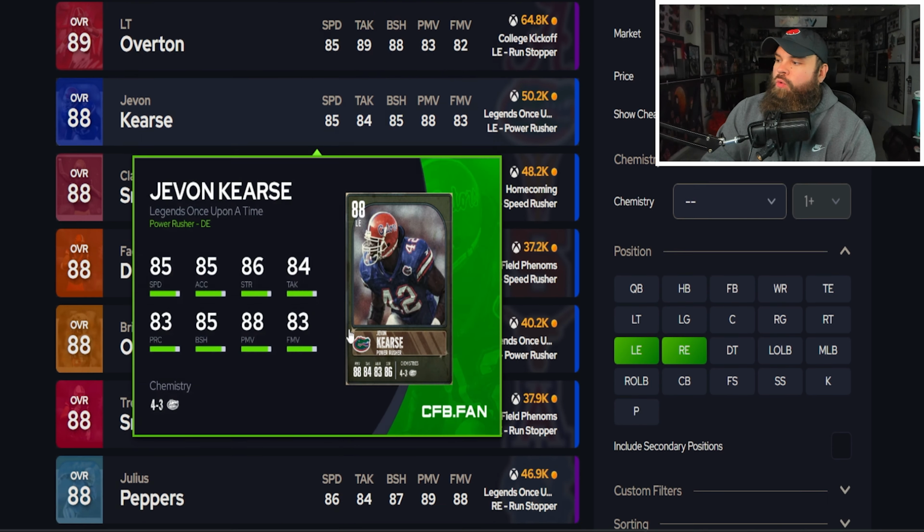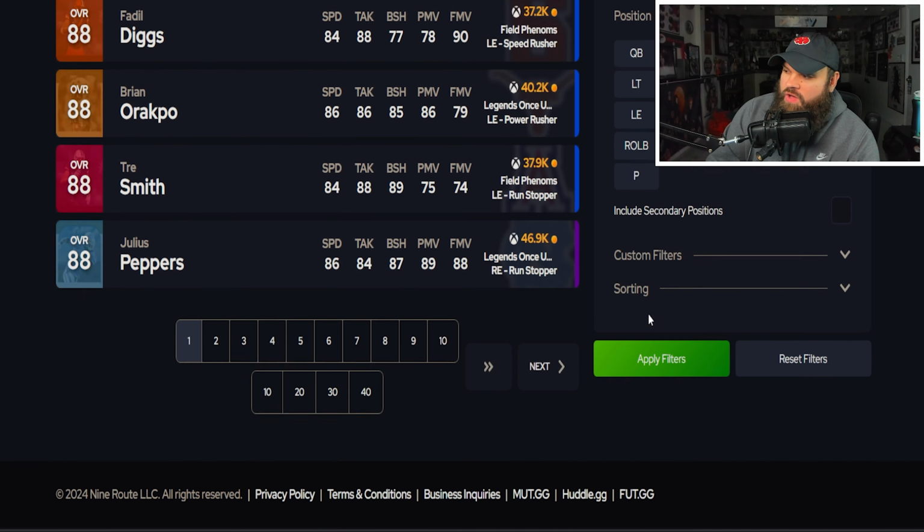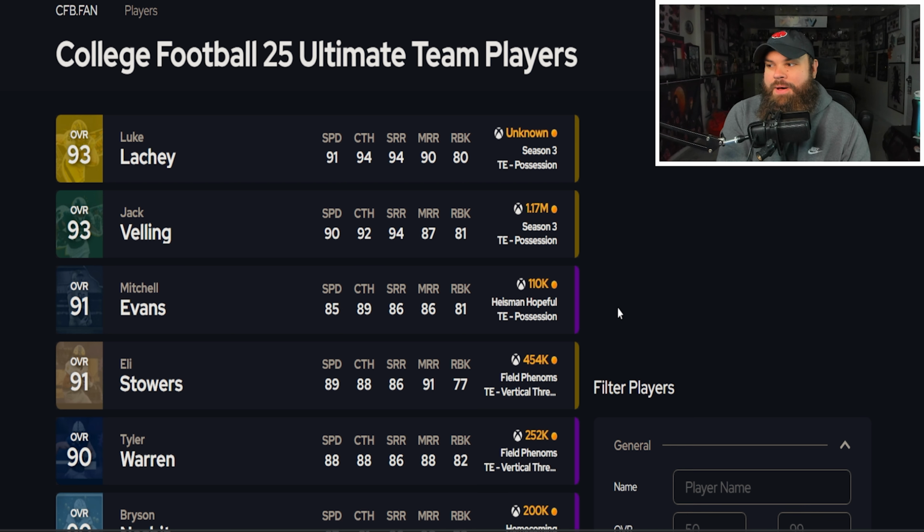All right, and now we're in the top 4, so we are now going to the offensive side of the ball, where we're going to start off at tight end. Now, are we going to talk about Luke? Are we going to talk about Jack Belling? No, I'm not. Yes, I know it's very easy to talk about the season 3 cards, right? That are really fast, and I think they're great, but really the card I want to talk about, and I just feel crazy for this,